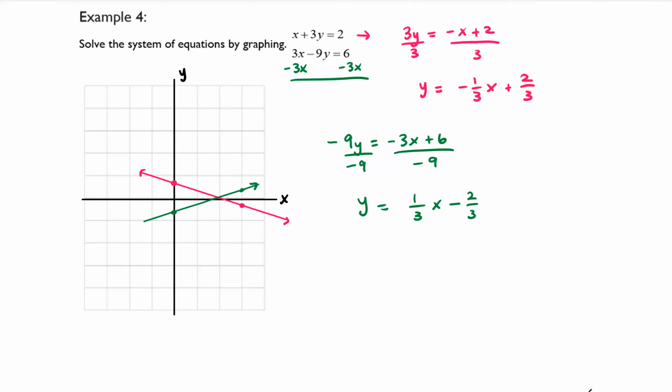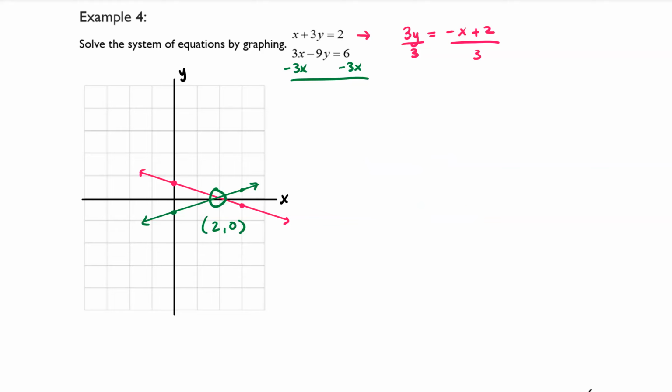Okay, and then that's going to look something like that. And the point of intersection is right there. Now, it's not super accurate, but I'm going to say 2, 0, but it looks like that could potentially be an incorrect answer. So let's go ahead and